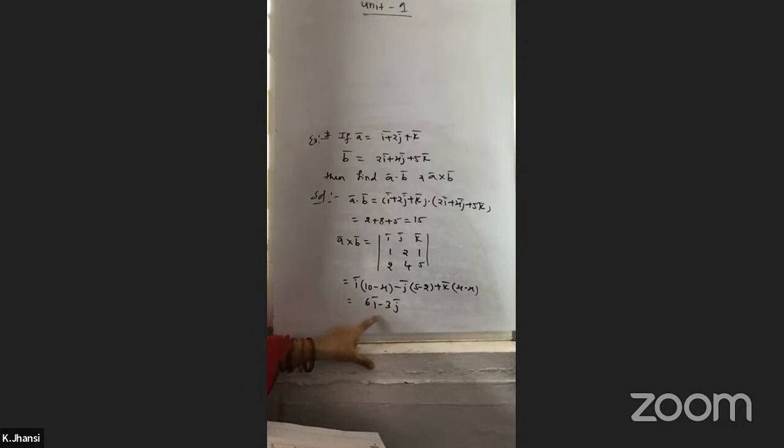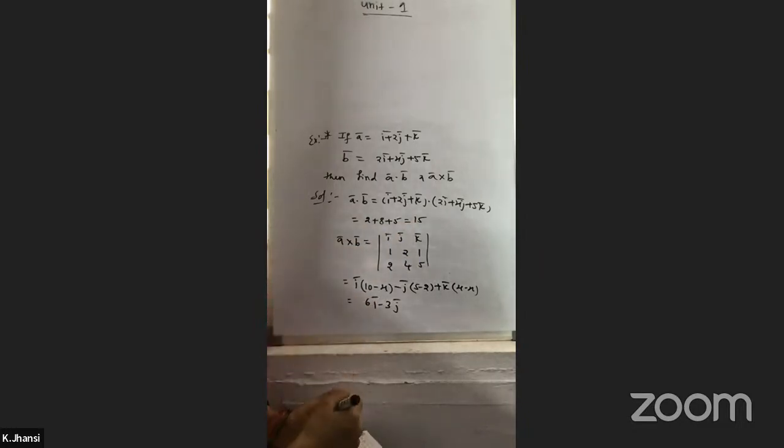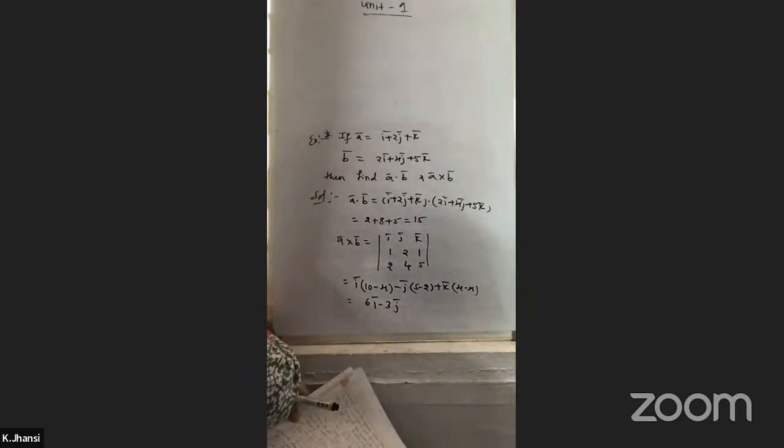So whatever the resultant vector is there, this is the vector. And A dot B means you will get the scalar. This is the difference between dot product and cross product. Next, another one is: show that the two given vectors are mutually perpendicular, or else you may call it orthogonality. So the condition for that is